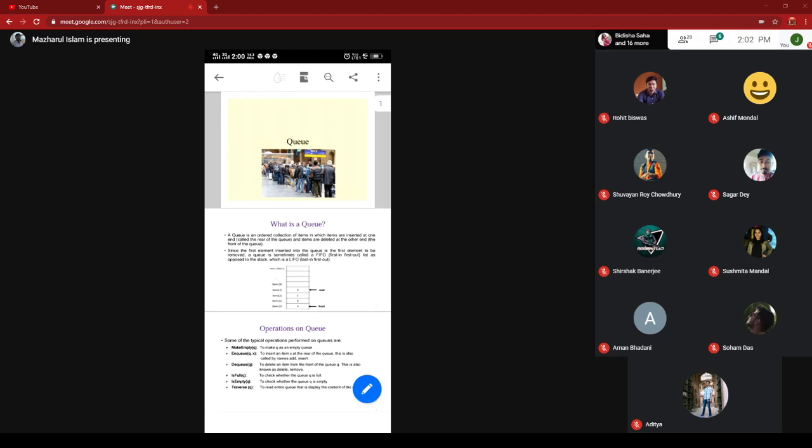Okay, so what are the various operations you can perform on the queue? You can create an empty queue, so one function to initialize the queue: make empty queue is one function. And nq means adding an element in the queue. Dq means deleting an element from the queue. Another function you can write is full. You can check whether the queue is full or not full, and whether the queue is empty, which is another function. And you can traverse from front to rear all the elements in the queue.